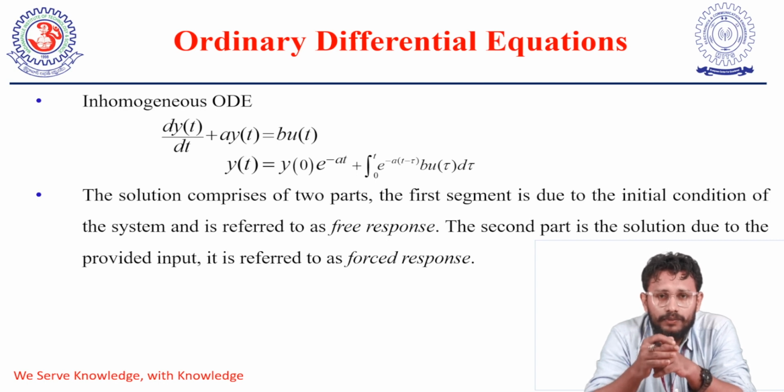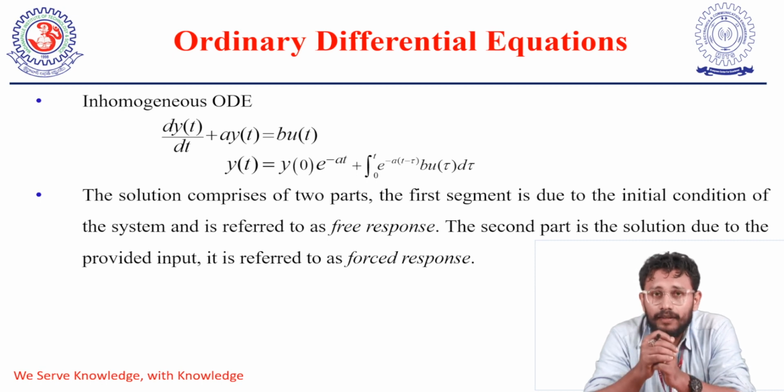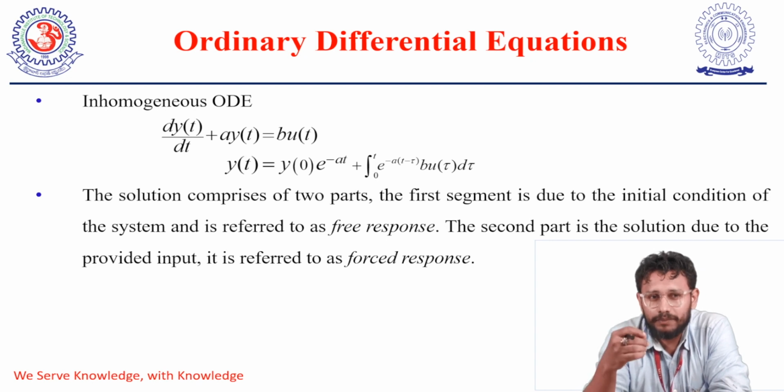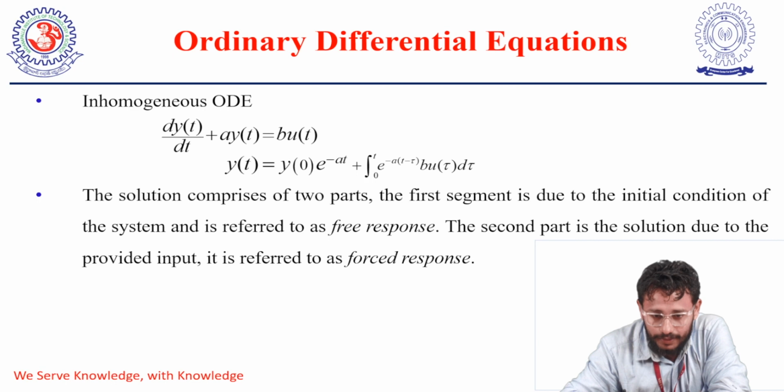Now, for such a system, and this is the second case we are looking at, the system is defined by the dynamics pretty well, and we apply certain perturbation, or some excitation to the system, which you can observe here on the right hand side, b u of t,